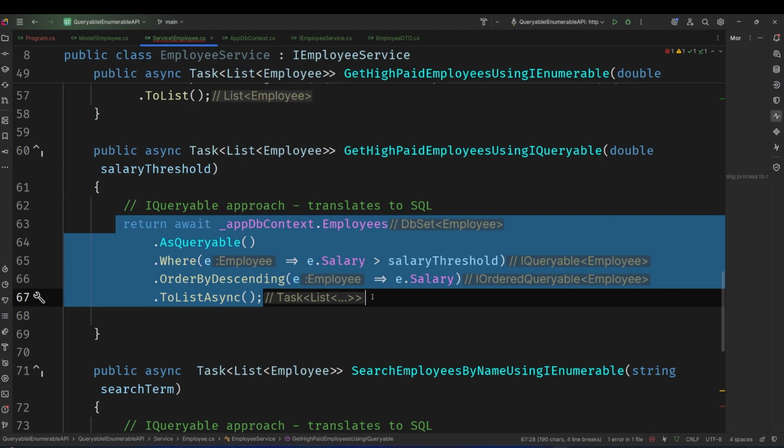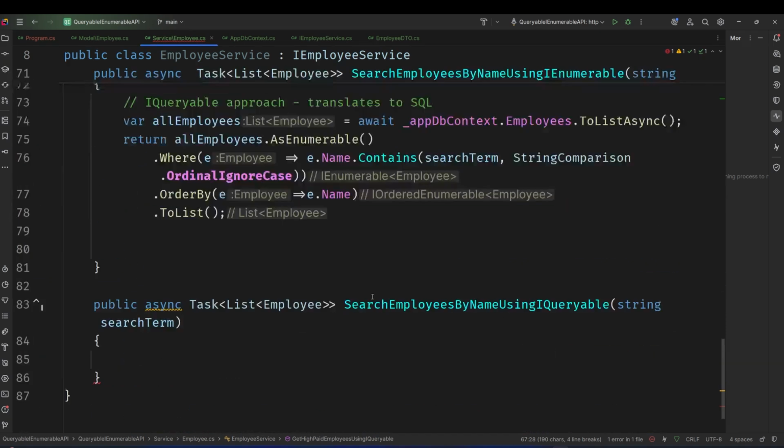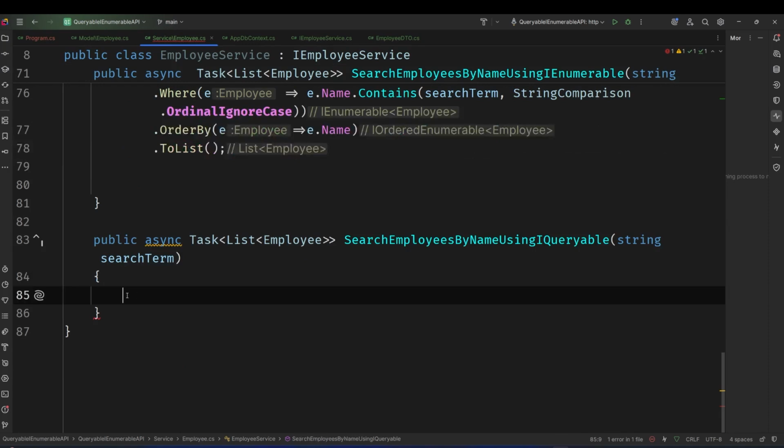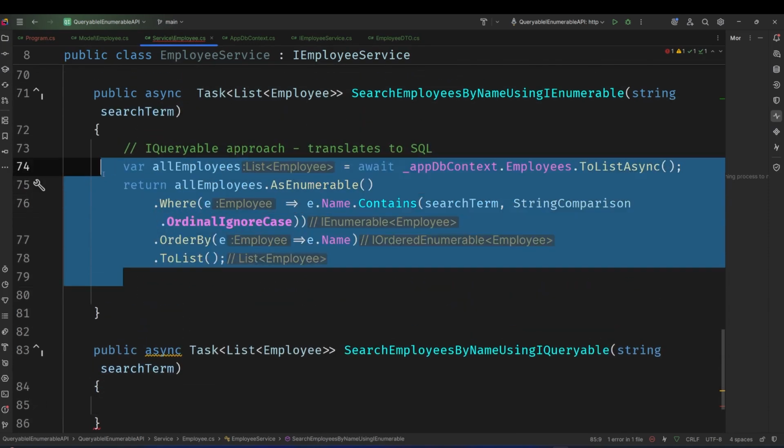So that is it. That is the difference. One, get the data first. So this is very easy. This time around, if you want to get the user when we want to search by name, it's not going to be the same as we compare to enumerable. There's going to be some kind of